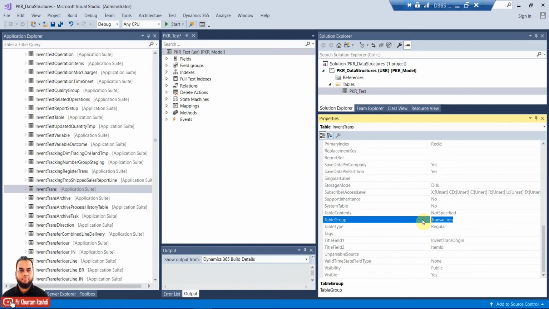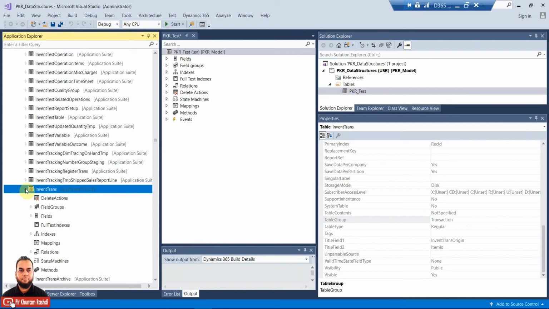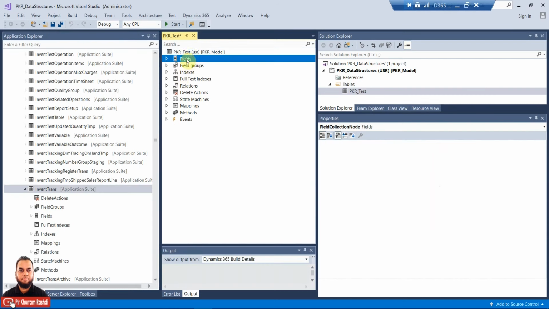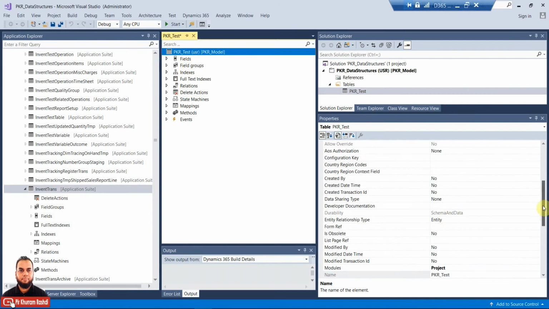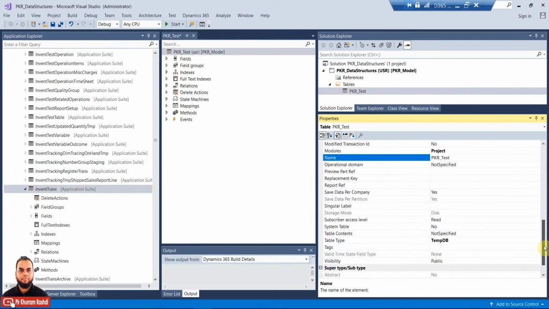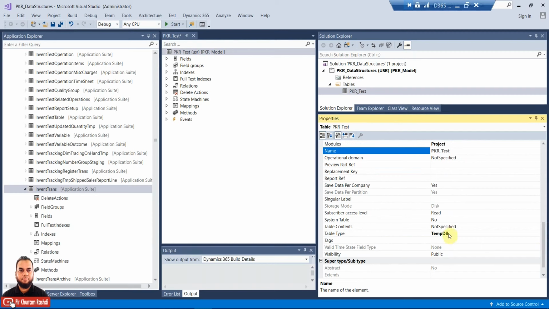Here you can see the table group value is transaction. It has only a single interface, not a header and line. If it has header and line information, as I told you, it will hold transaction header and transaction line. Let me show you once again.